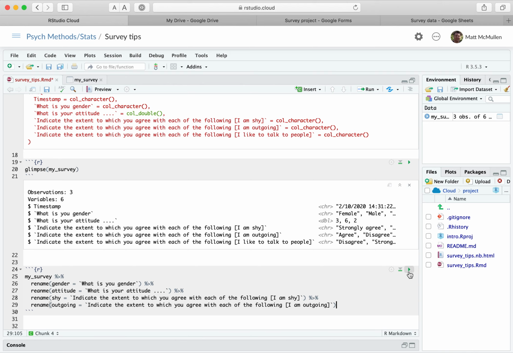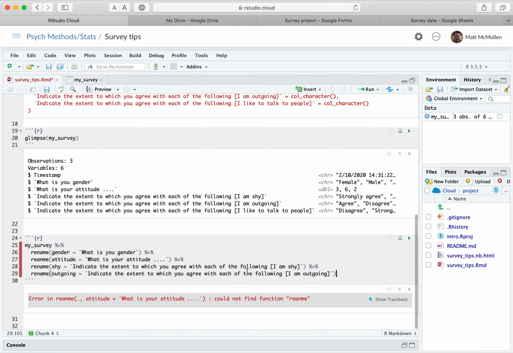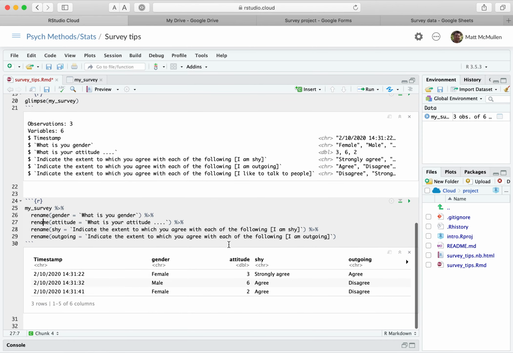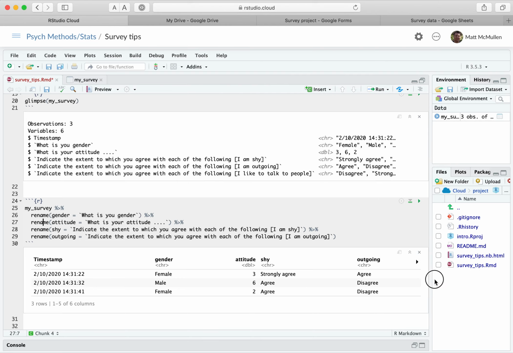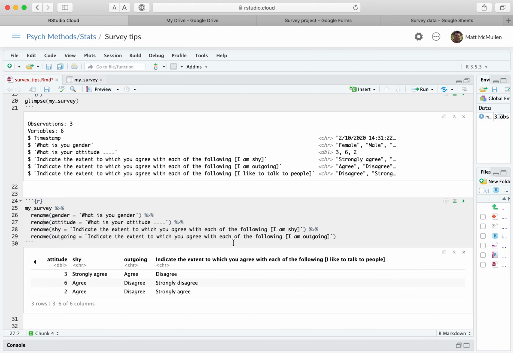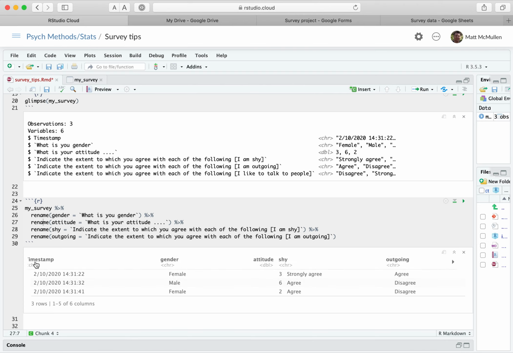So now let's make sure that worked. Okay, I've got, oh, I spelled rename wrong. Okay, there we go. Let's see if that fixes it. Okay, there we go. And so now you see, instead of these ridiculous names, now we've got nice simple names. And let me pull that over. Oh, that's right. I didn't change the name of that last one. But anyway,